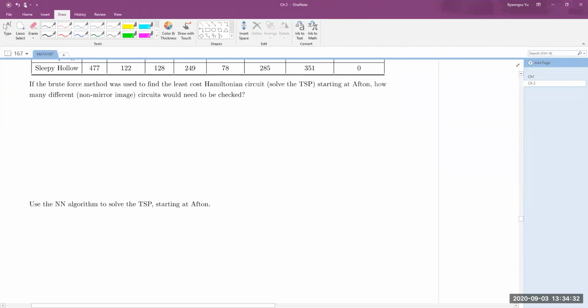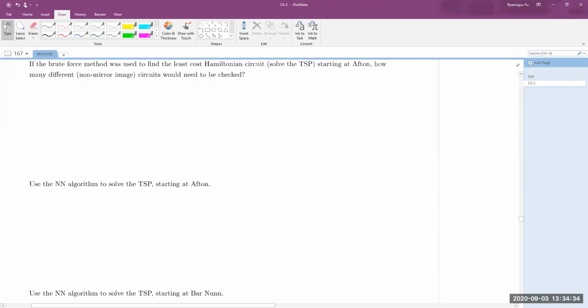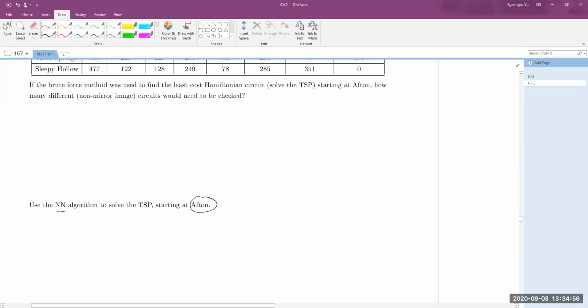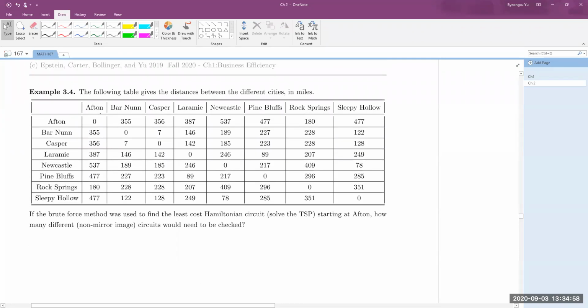In that case, what we did last time was use the nearest neighbor algorithm to solve the traveling salesman problem. I'll give the answer after the class. But today we will deal with the below one for review. So use the nearest neighbor algorithm to solve the TSP starting at Barnum, right? So Barnum is here. Starting at Barnum,